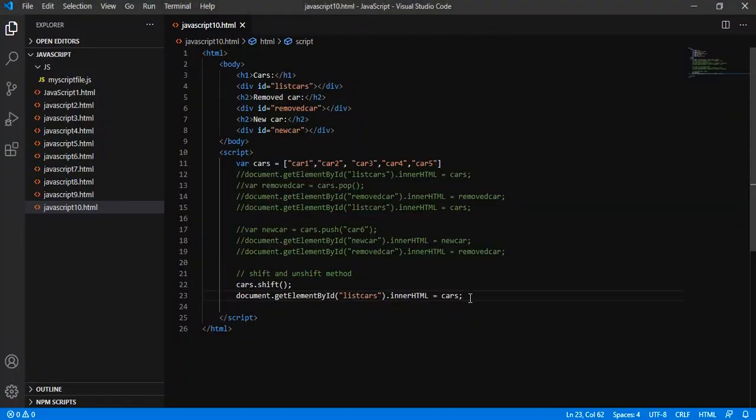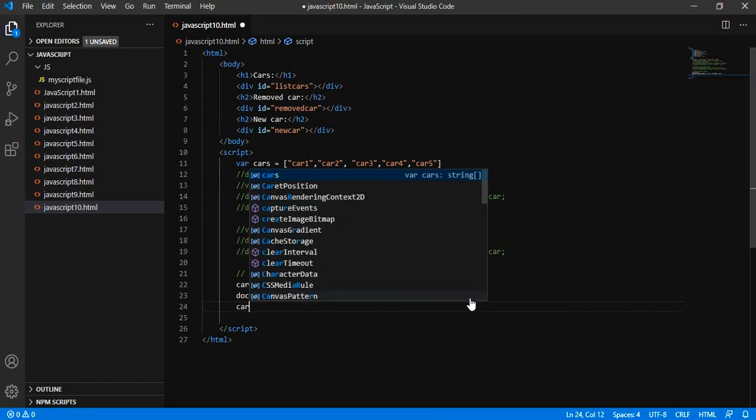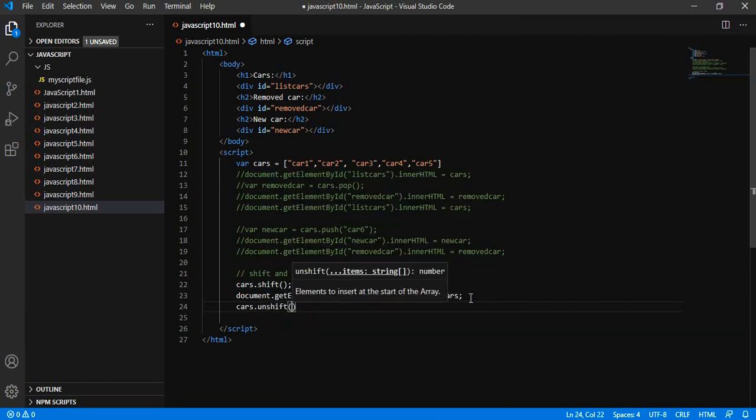What if I try to do unshift with car 6 and then assign this?